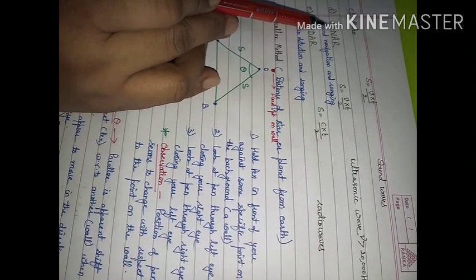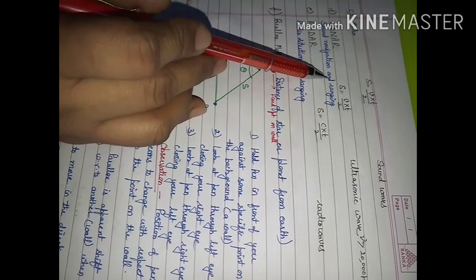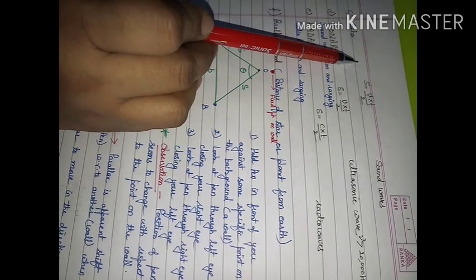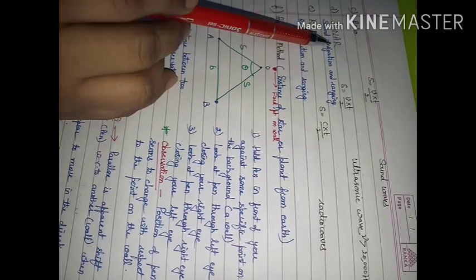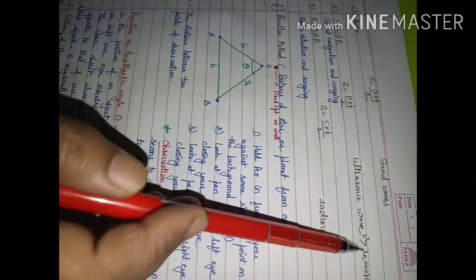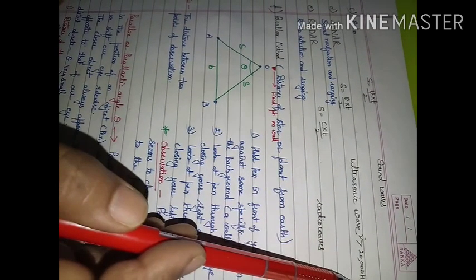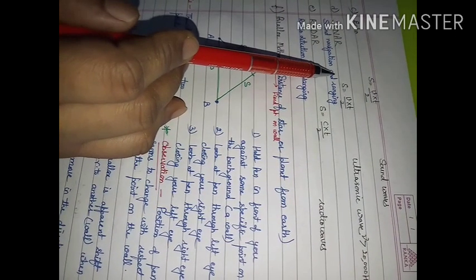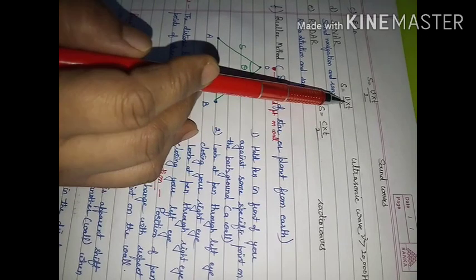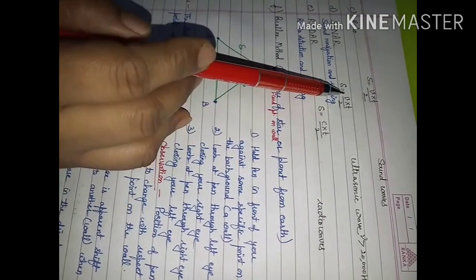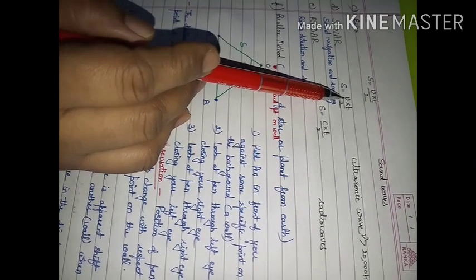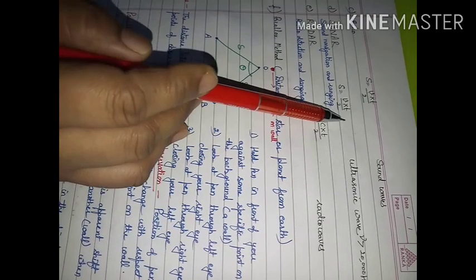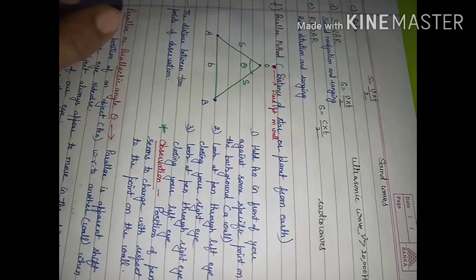Sonar. Sonar full form is sound navigation and ranging. In the earlier case we were making use of sound waves. In this case, we are making use of ultrasonic waves with frequency greater than 20,000 Hz. We will send ultrasonic waves and we will get back the signal. Time taken to get back the signal is t. The speed with which the waves are moving will be v. So, distance of the object from us will be v into t divided by 2.